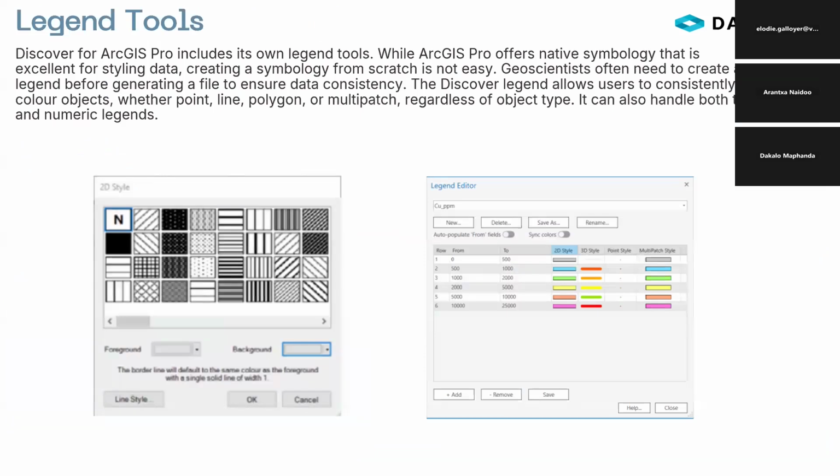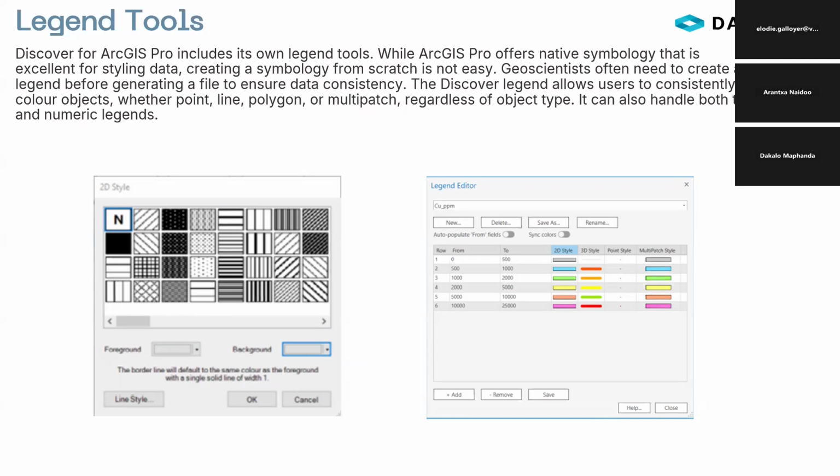So some of the other tools we'll be showing you today are our legend tools. We have a very extensive range of legend tools within the software, where you can create legends from data, from structures, from scratch. If you don't have any specific data, you've got a lot of different styles that you can apply to the legend. And what's really great is, again, to just streamline that process and get that consistency throughout the whole